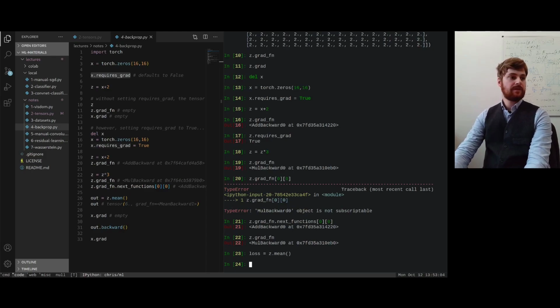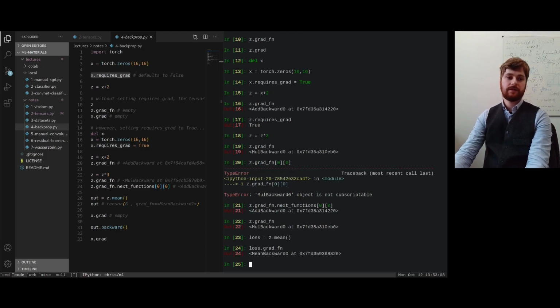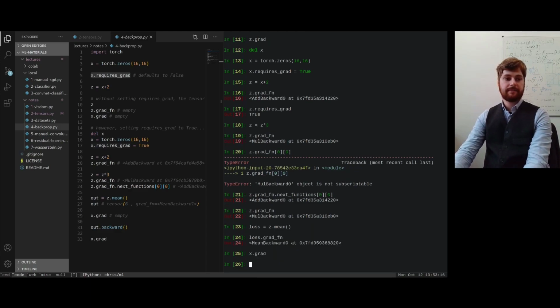Okay, so loss also has a grad function, the mean backwards one. And if we look at this point in time at our gradients for say x, there's nothing there. We haven't yet computed the gradient of the loss with respect to x, I should say. But here's the really clever part. If I now do loss.backwards,